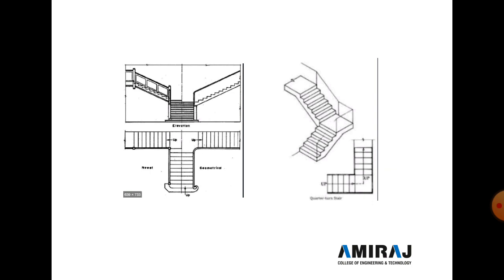So see this figure. In this figure you can exactly see the stair divided into two parts, or the L-shaped stair we can see in the second figure. This type of stair is generally used where the direction of the steps is changed. So we can easily change the direction of the steps. After the landing we change the direction, so it is called a quarter turn stair.